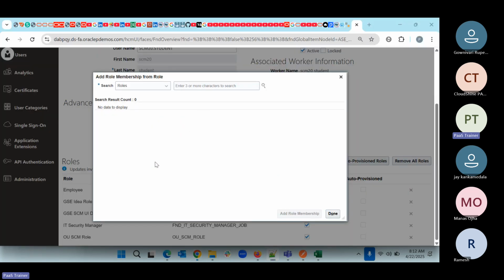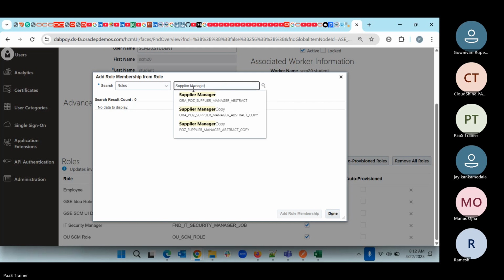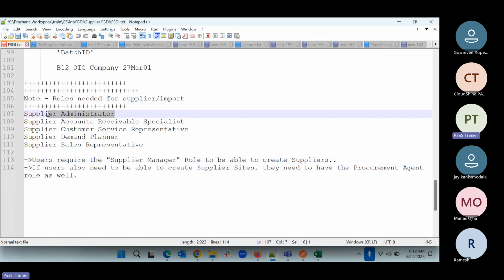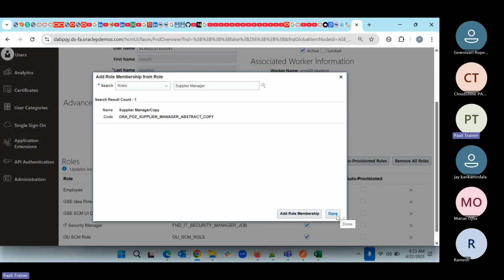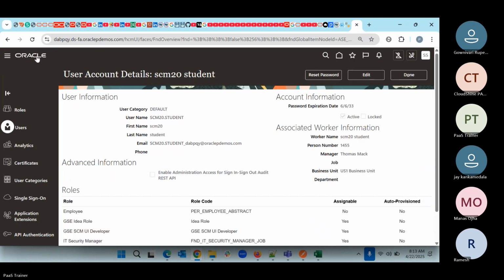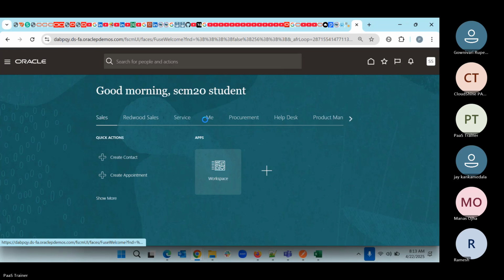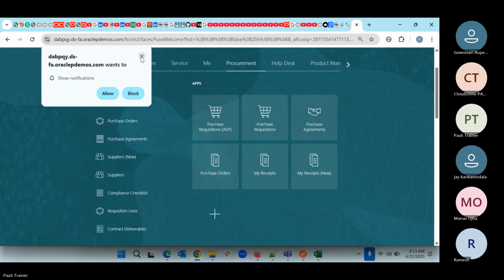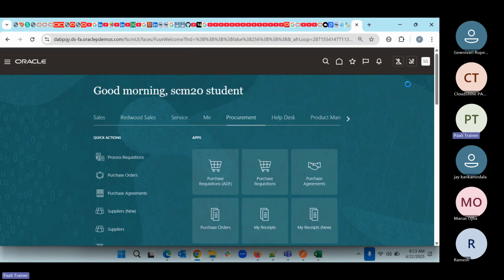First one is I need the supplier manager. So I can add the supplier manager role, add role. Then I can add these additional roles, or just this one. We can see whether this will work or not. So we can come here, save and close. Now we can go to procurement. Still it is not coming. So what we need to do is just log out